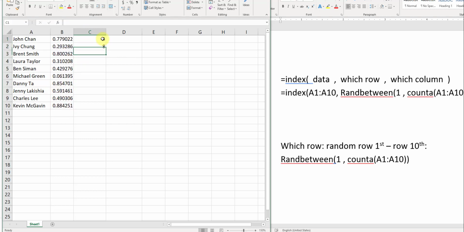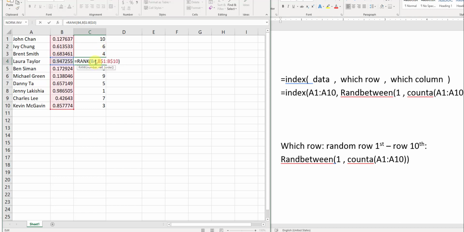So that's why we have to put a dollar sign to prevent that from changing as we drag the formula. I want to make sure that I compare the current value to the whole set of data. And now if I drag it down,